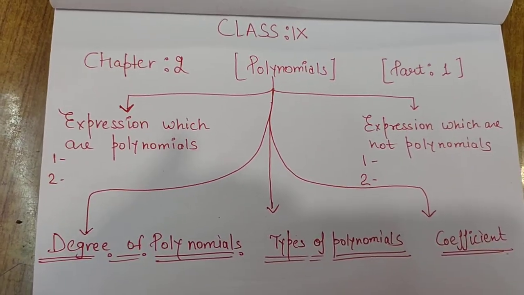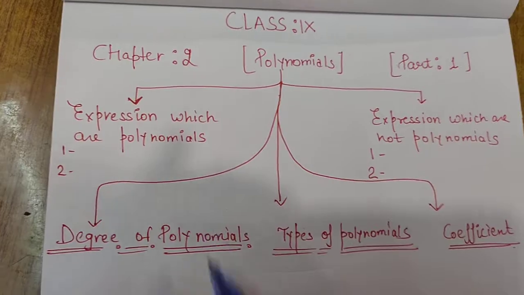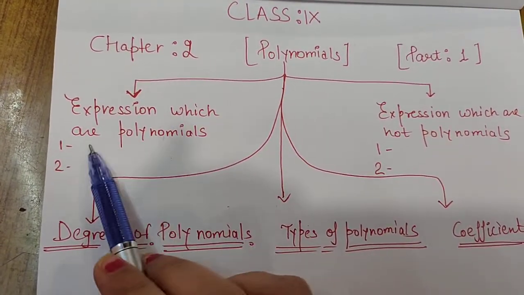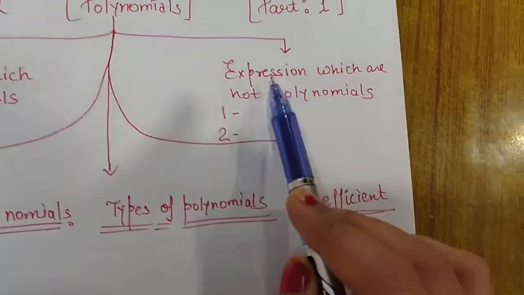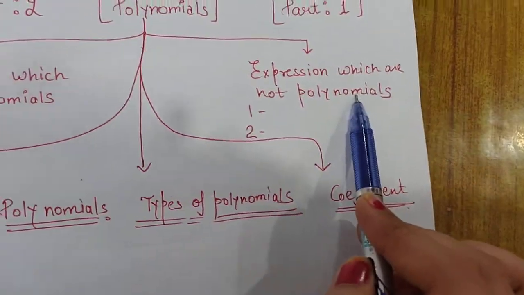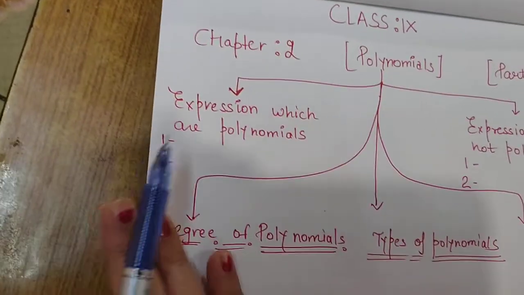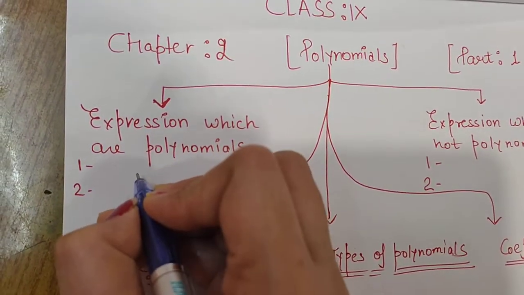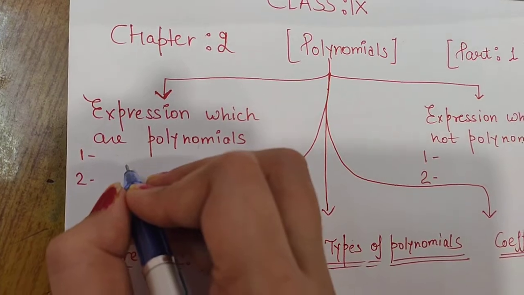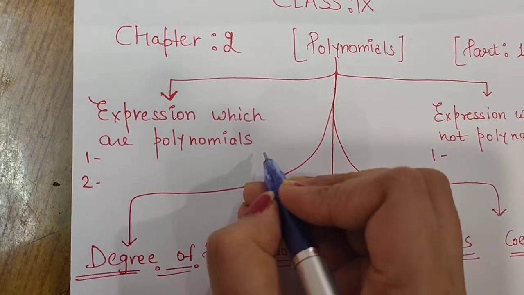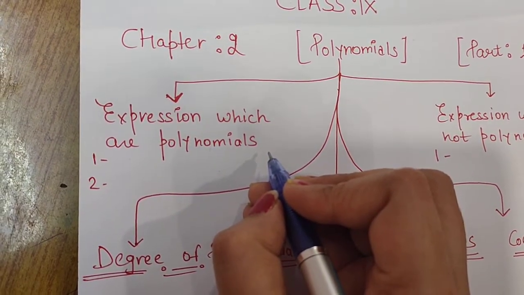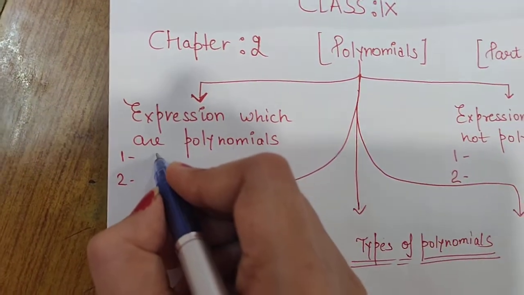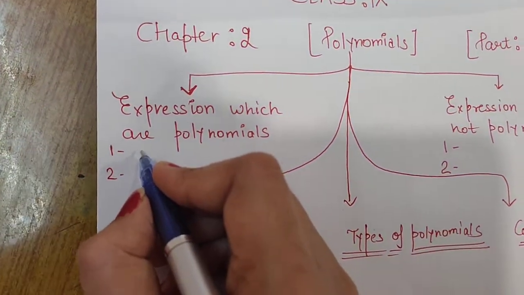So now you come to these points. First I have written here polynomials. Now here we will write the expressions which are polynomials, and here we will write expressions which are not polynomials. Fine. Because I have explained what polynomials are, you write here the expressions which are polynomials, and I have not given the condition that the polynomial should be in one variable only. Okay, so you can write your example.